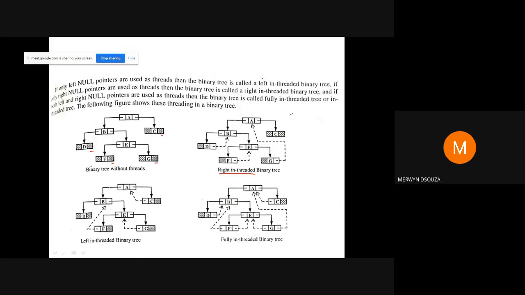If we replace only the left null pointers, then we call it a left in-threaded binary tree. If we replace the left and the right null pointers, then we call it a fully in-threaded binary tree. You can just read here, that is what is explained here.